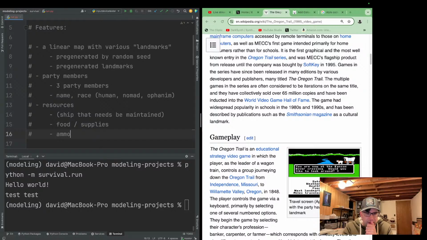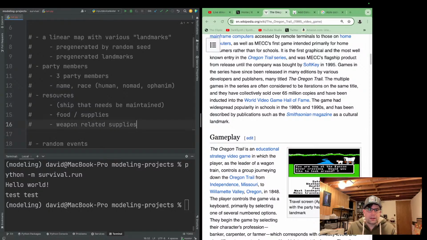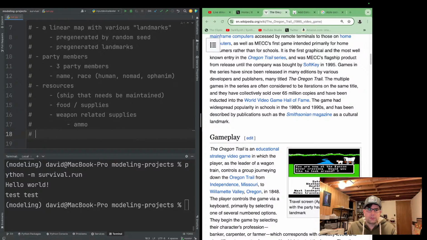So maybe ammo, and I don't want to do weapons breaking, so we'll do ammo for guns, and then ethereal weapons. The nomads would wield ethereal weapons against ethereal enemies that could sometimes break.